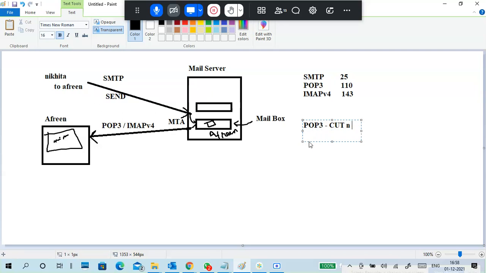What is the meaning of cut paste? Control X, Control V, right? It is like moving.